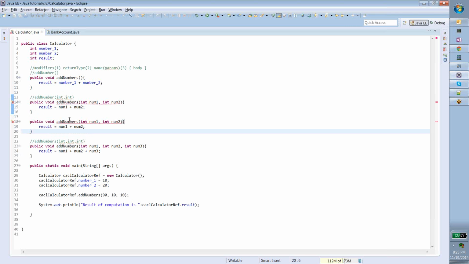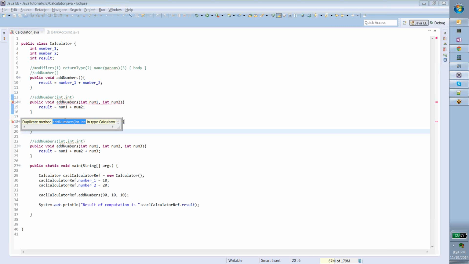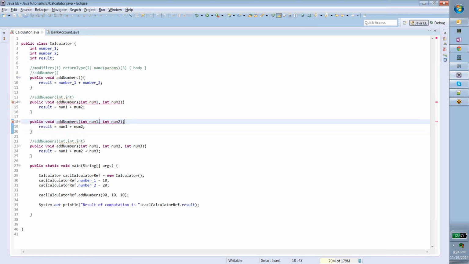For example, if I copy paste, I get an error: duplicate method. Take a look at the error. It shows you the signature of the method, add numbers int, int. Okay. Now, for example, I will say this is numA, numB. I changed the parameter names. Here it was num1, num2. I changed this to numA and numB. But still I am getting an error